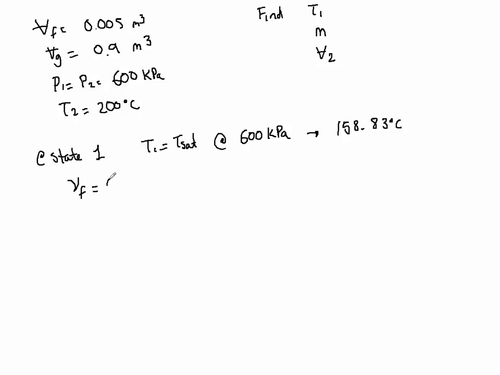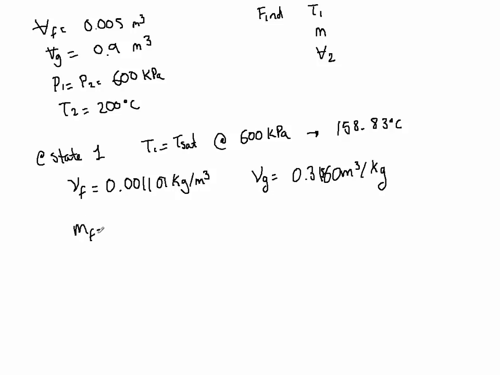At that particular point, since it is a mixture, we need the value of vf, the specific volume of the liquid, and that is going to be equal to 0.001101 meter cubed per kilogram, and the specific volume of the vapor, vg, is going to be 0.3157 meter cubed per kilogram. Okay, so to find the mass of the liquid, we do a ratio between the volume and the specific volume, and the same thing for the vapor. So for the liquid, we simply take the volume of the liquid divided by the specific volume of the liquid, and this gives us